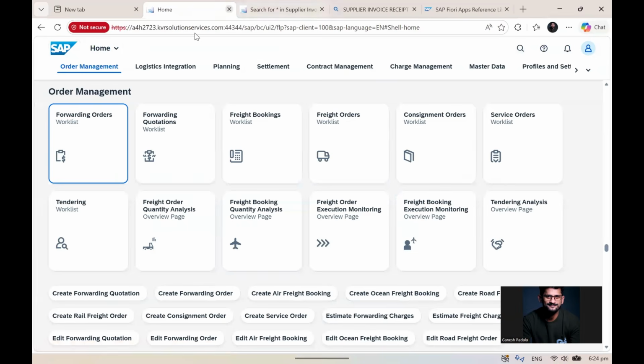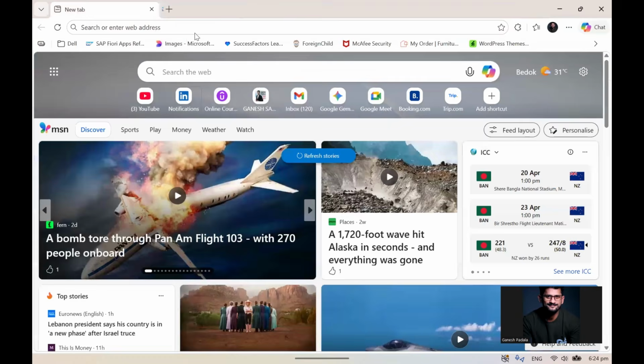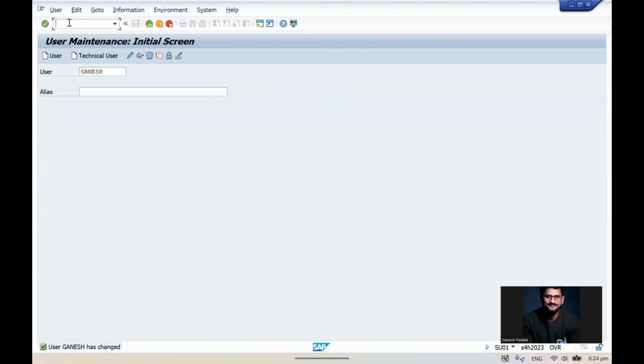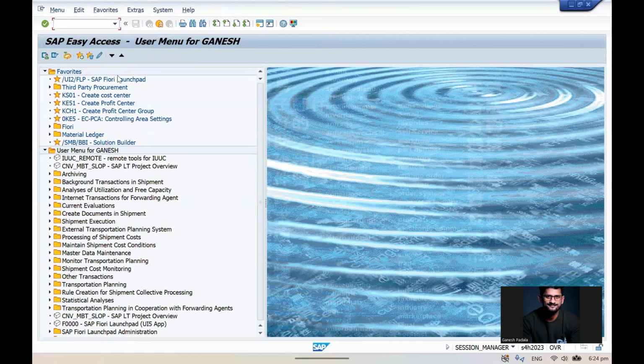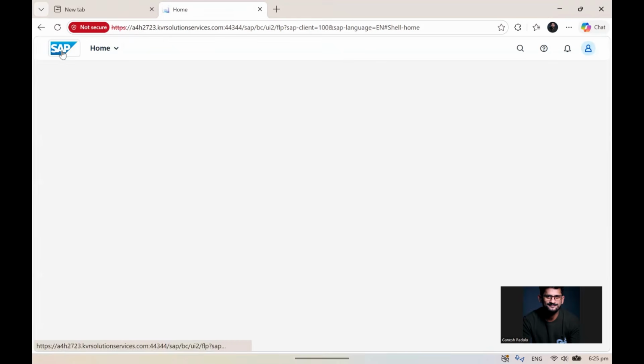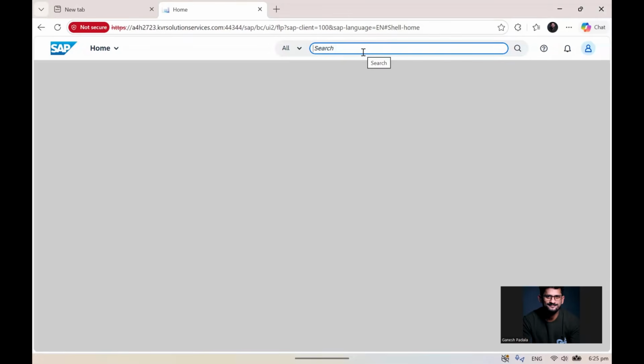So what I'm going to do now, we can launch the Fiori app again, just to ensure that it works. Just now we have launched, so mostly it will not ask for the user ID and password. If you have done login for the first time, or else tomorrow if I log in, mostly it will ask for the user ID and password. Now I click on the home button